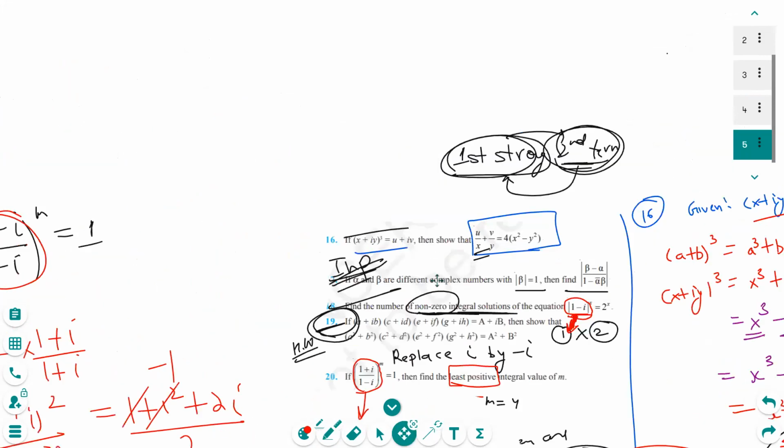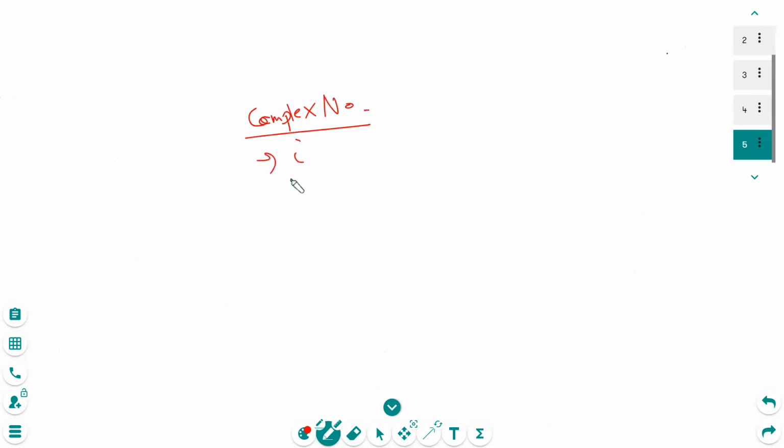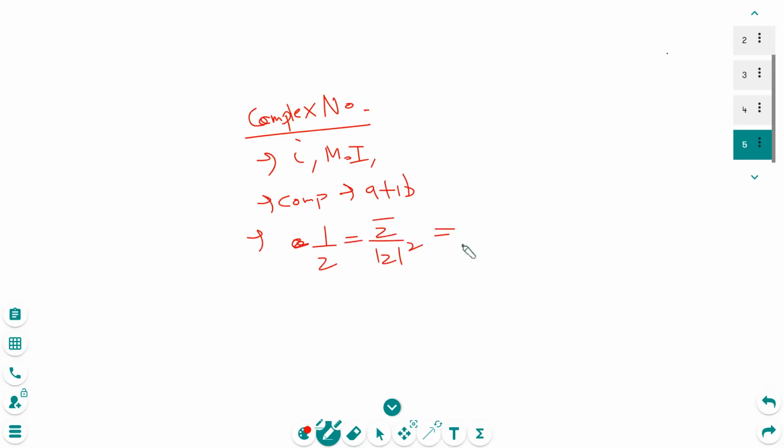So we finished our complex number chapter in a good way today. We had a good session. So in complex number, let's see what we discussed in this chapter. We discussed what is iota and powers of iota, what is multiplicative inverse. Then we discussed complex numbers, the complex number standard form. We discussed a result that is this, Z conjugate upon modulus of Z square, which can actually be written as this as well. Then we discussed the modulus and argument, if you remember.